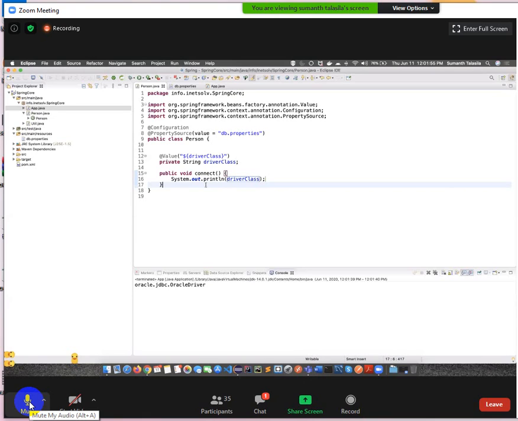What is the problem with the earlier one? If I use a resource bundle message source, we have to create one factory class, and who can use that factory class? Only the container can use it. But this program cannot use it; other programs cannot use it. If other programs have to use it, we have to take a different approach. Are we clear? Yes, sir. That is the reason we are going to use this approach.